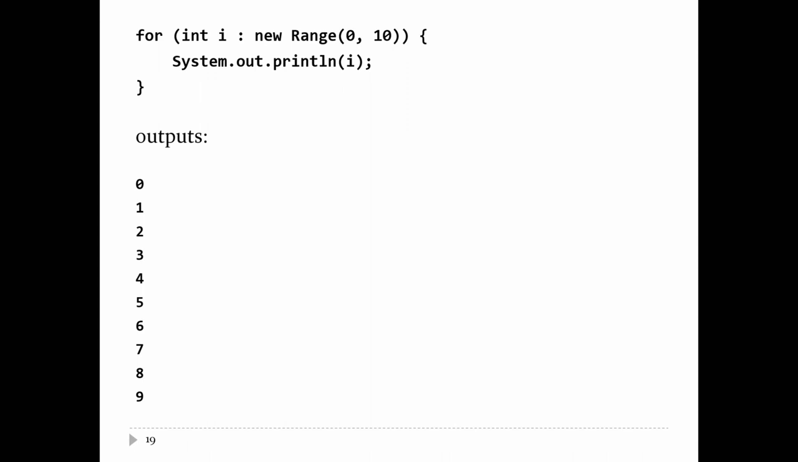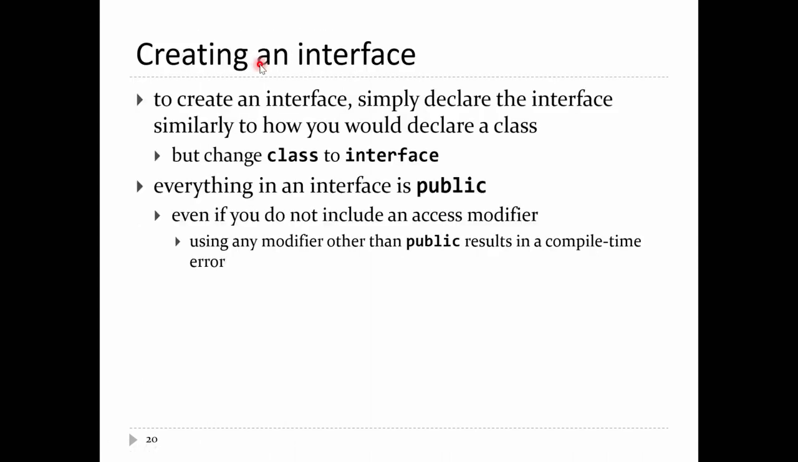All right, so that's implementing an interface. What if you want to make your own interface? To make your own interface, it's dead easy. You simply declare the interface the exact same way that you declare a class. Instead of using the word class, you use interface. And then everything is public in the interface, even if you don't include an access modifier. If you use any access modifier other than public, the compiler will complain. So an interface describes the public interface of a type,